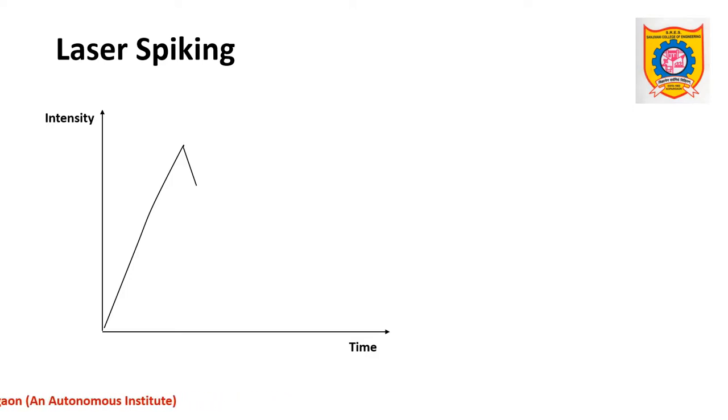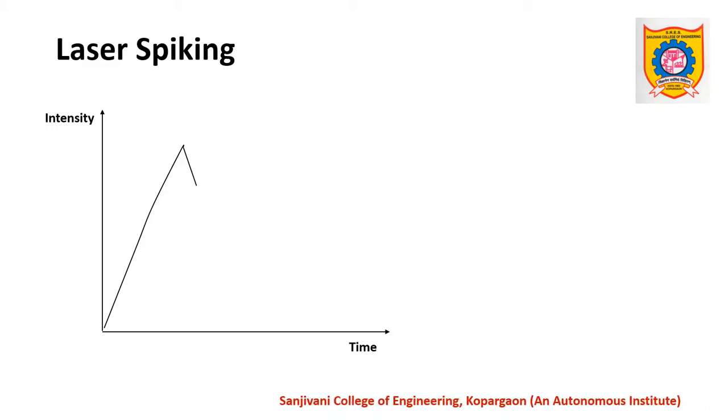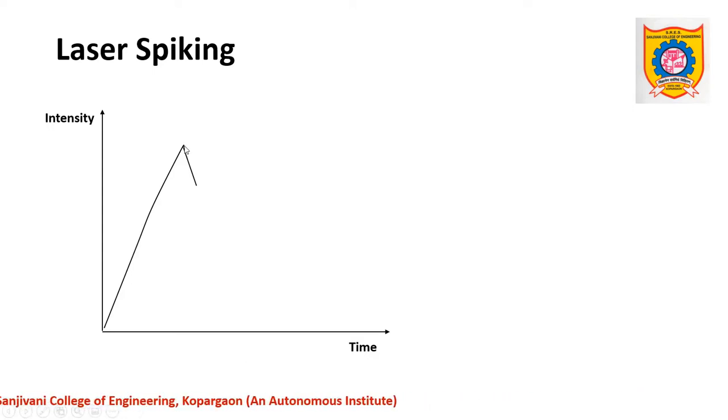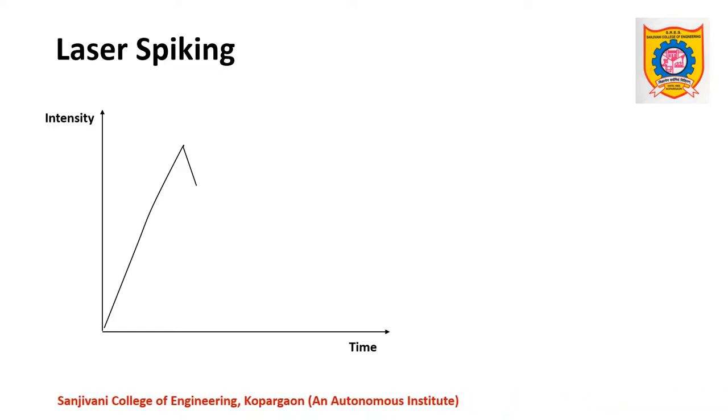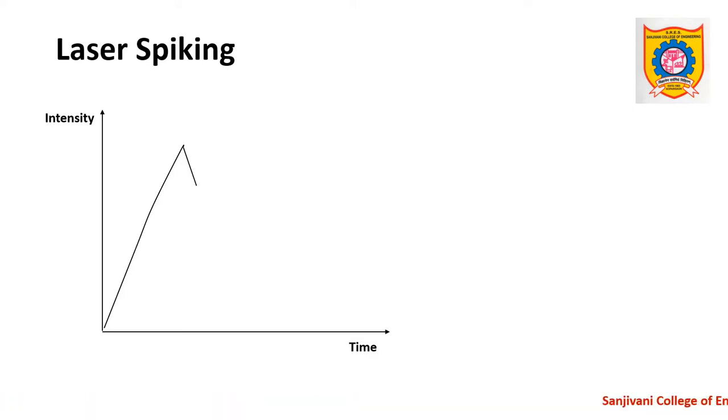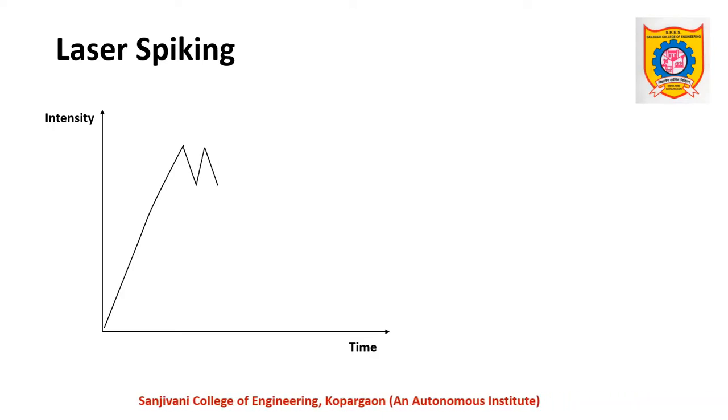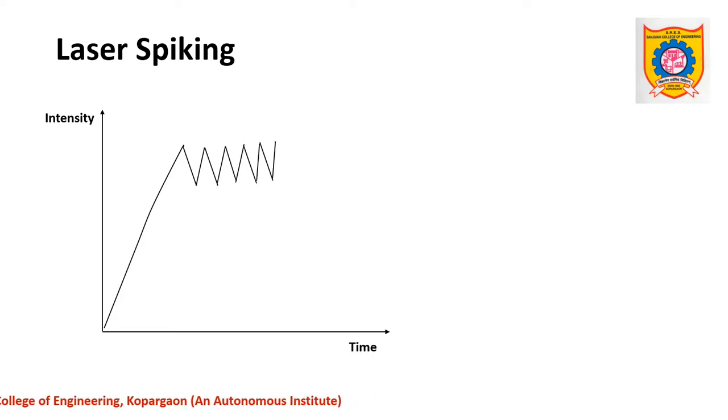This decrease in the intensity is because of depopulation of state M, and this is due to absence of input. During this period, from this time up to this time, if we consider perpendiculars, this is a very short time of the order of a few microseconds. But during this period, the flash is off, and because of that, the population inversion condition is disturbed. After that, the next flash comes, and again it establishes population inversion, and intensity increases.